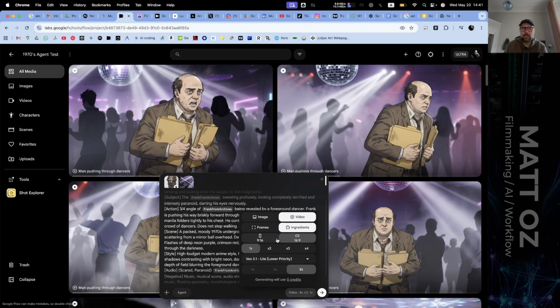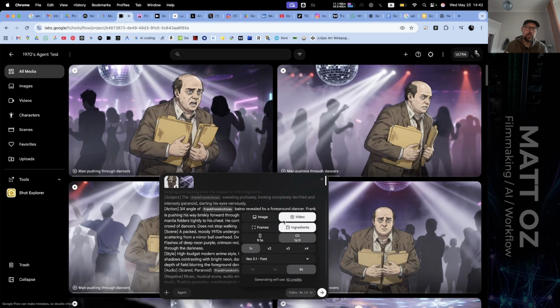So let's go to, so we're going to go for... So we've been on the light on the free. Now, if I wanted to basically say, hey, I don't want to wait for this, I don't want to wait for the queue, it'll cost me 5 credits. I don't think it's worth doing that. I think light, lower priority, if it's available on your plan, I don't know. Then we're going to go fast.